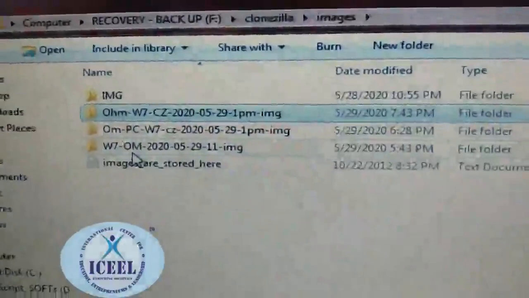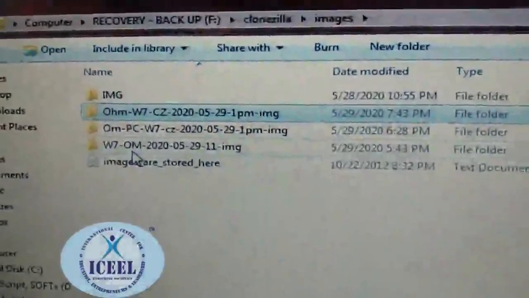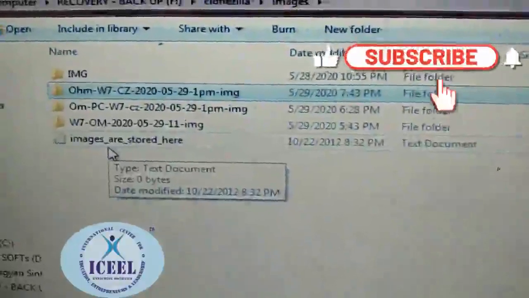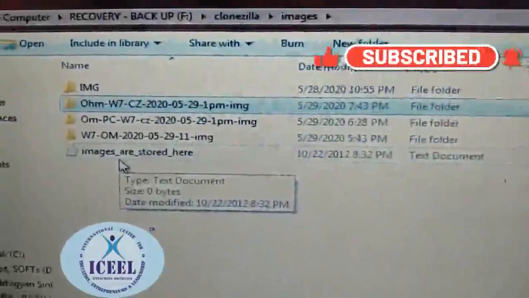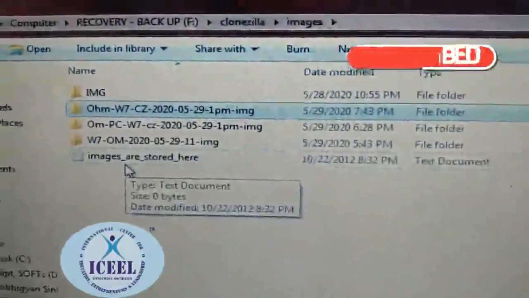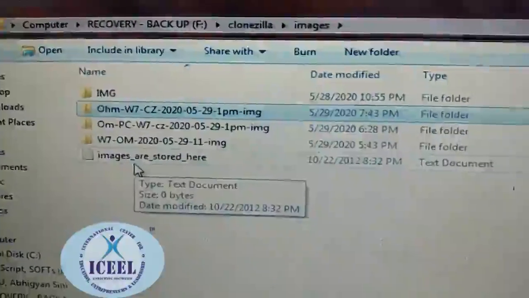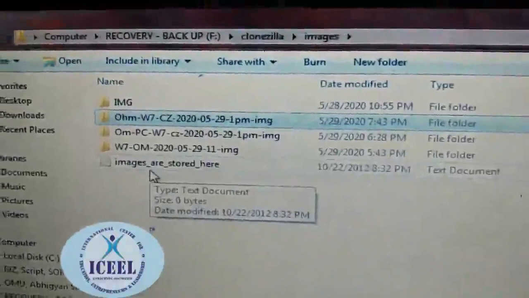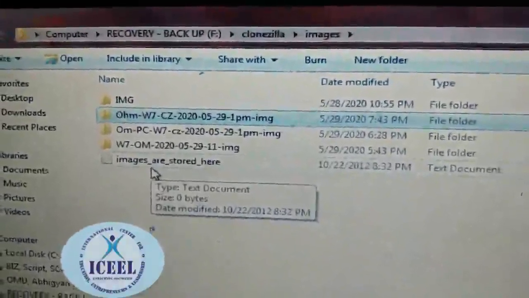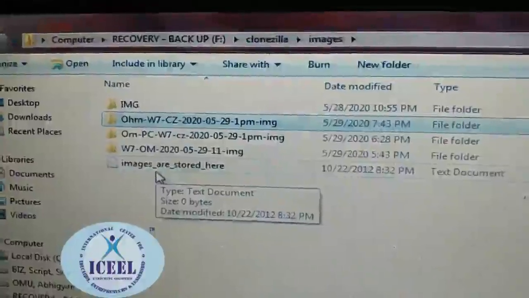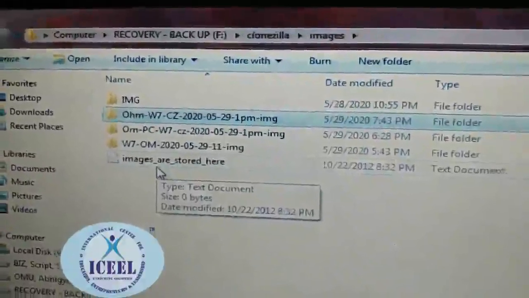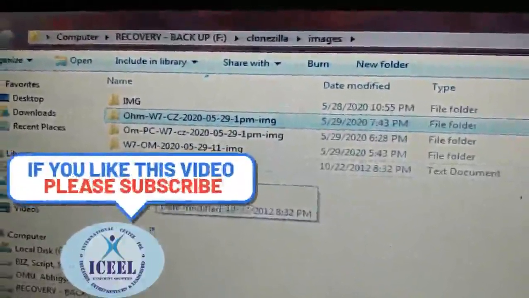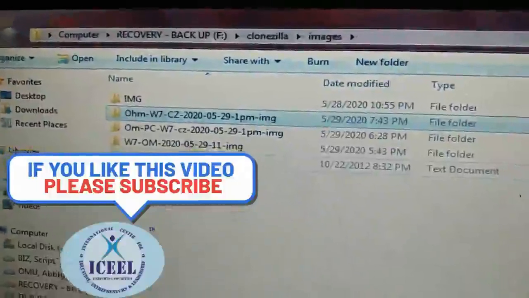Hope everything is clear. Still, if something is not clear, you can contact me. All the details are given in our video. Also please do not forget how to get this particular Clonezilla backup or restore menu, because this is very important. Until you run the install grub for dos.cmd file, the file name again I am repeating, install grub for dos.cmd, you will not get the Clonezilla backup or restore menu, because this file is very important to restore the old booting menu by the Clonezilla backup or restore menu. Thank you.